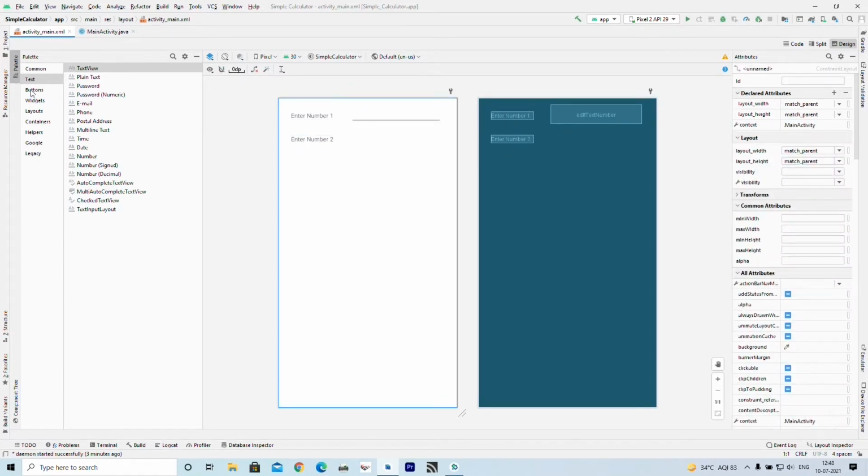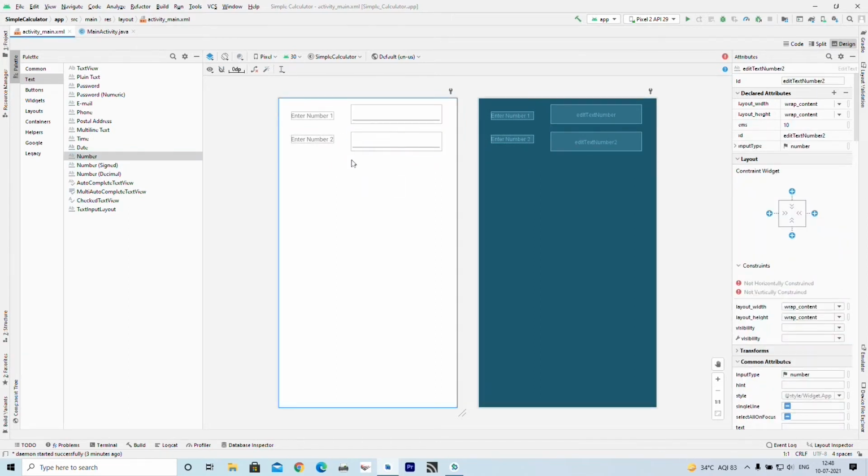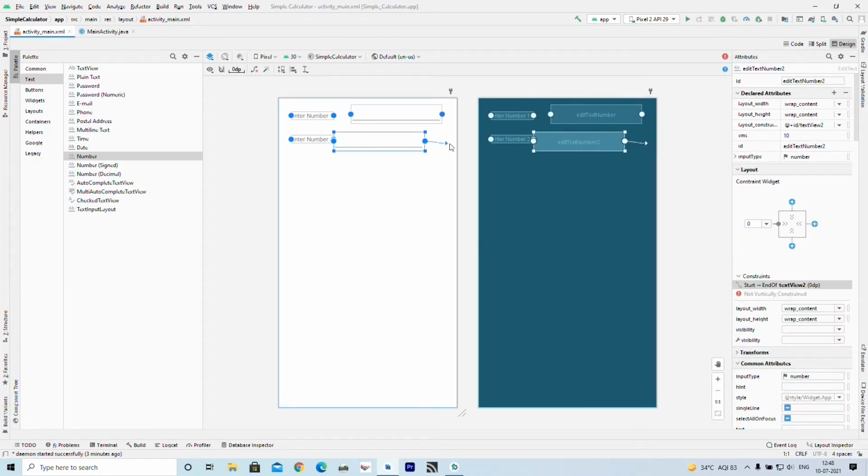Then for the second number I have to select text and then number and drag that component onto the layout file, and here I am again giving a constraint.